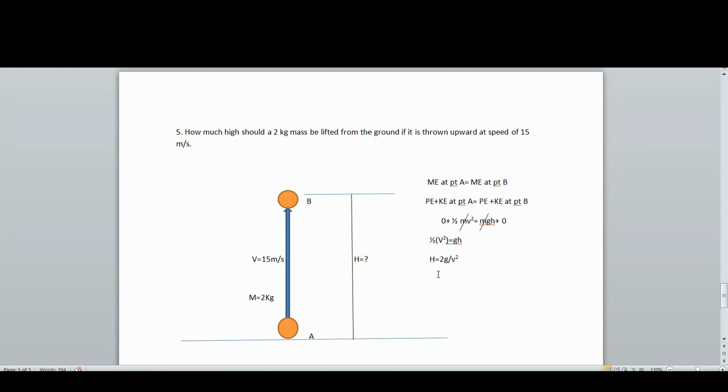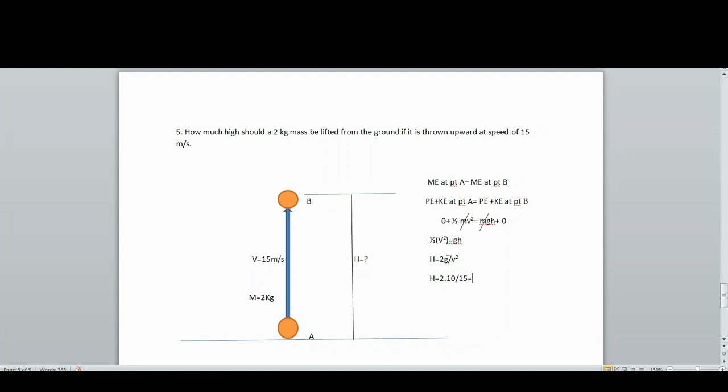So, h equals 2 multiplied by gravity, which is 10, divided by v². V is given as 50 meters per second. So the final answer becomes,